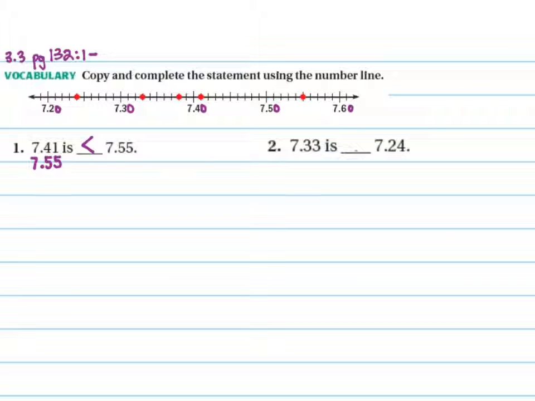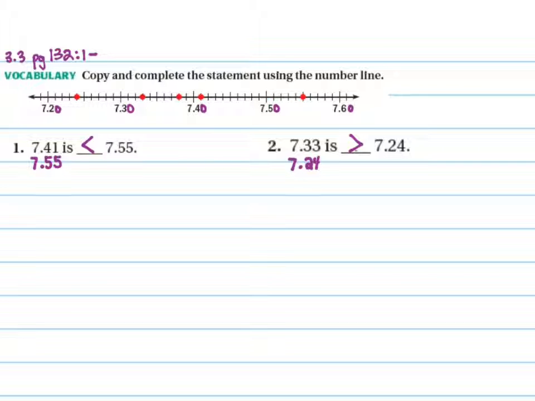Number 2, we have 7.33 blank to 7.24. Well, let's find 7.33, which is right here. And is that further up the number line? Yes, it is. So 7.33 is bigger than 7.24, but let's go ahead and prove it by using the line-up